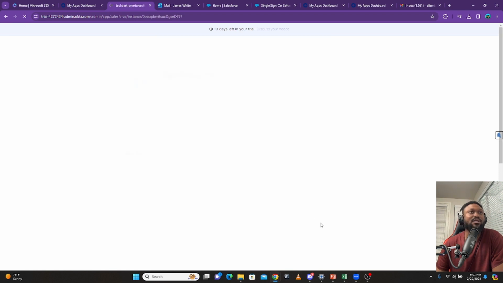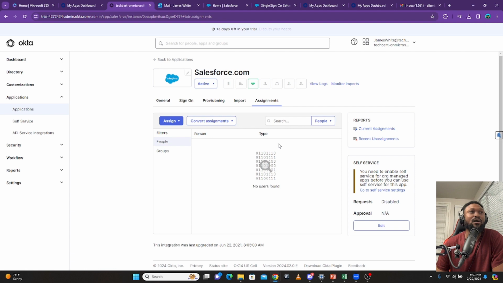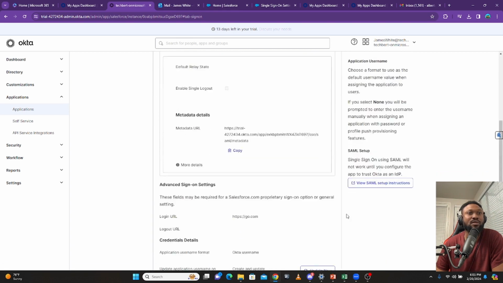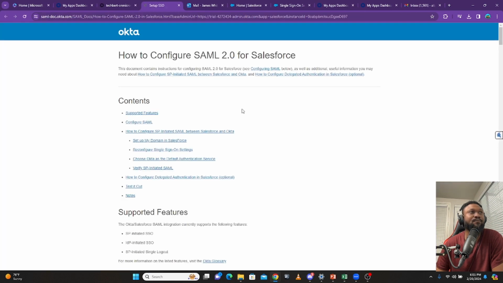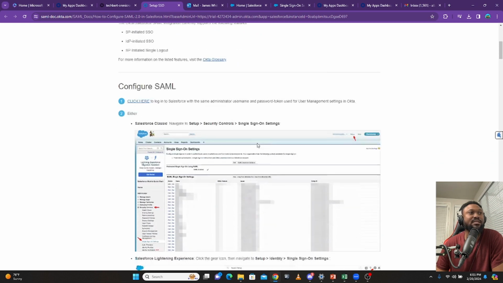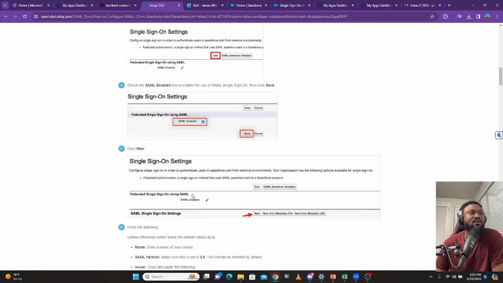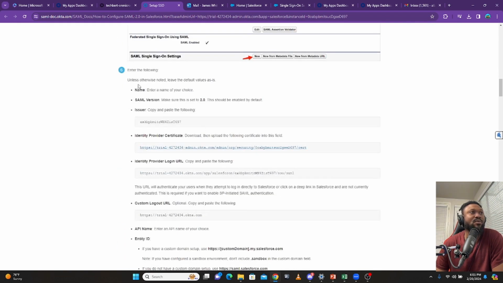So now when you click on done, you are going to see this. This is going to be the application. Come back to sign on, and on here you scroll down a little bit, you're going to see view SAML setup instructions. So you click on view SAML setup instructions. When you scroll down a little bit, this is going to give you the step-by-step on how to set it up. It's very simple. So now you scroll down a little bit, you are going to